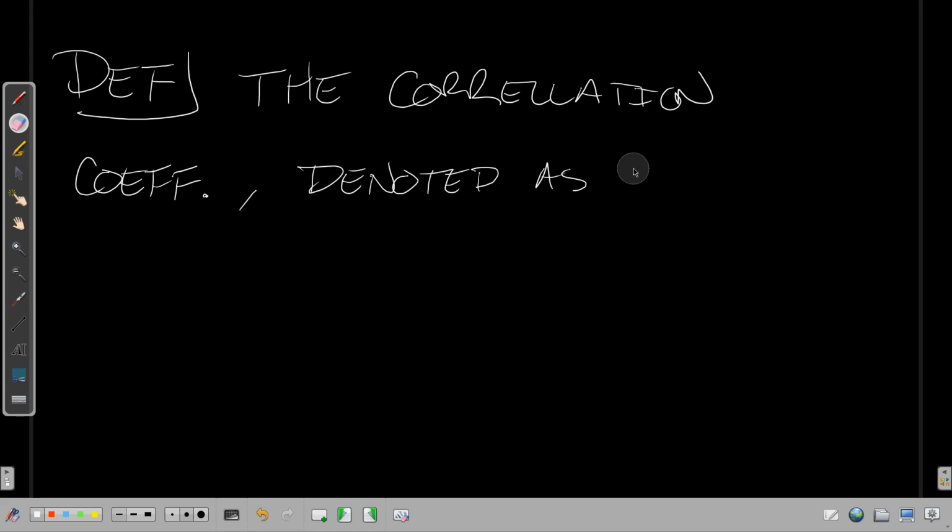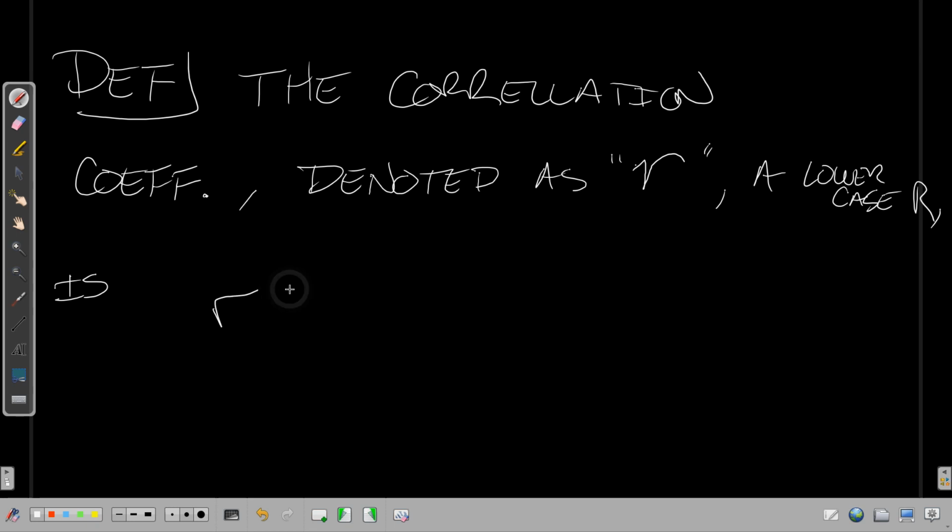No, it's a lowercase r. This correlation coefficient, which is denoted as r, is the covariance of x and y divided by